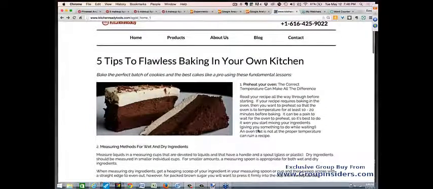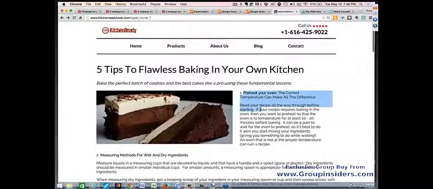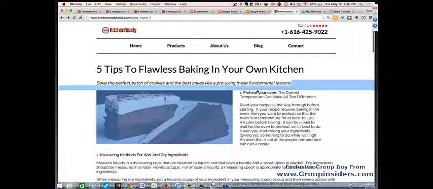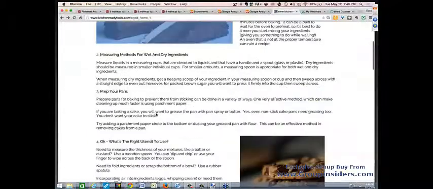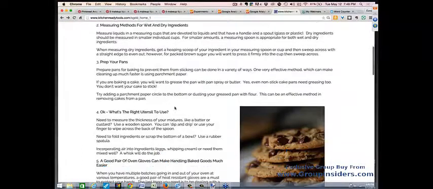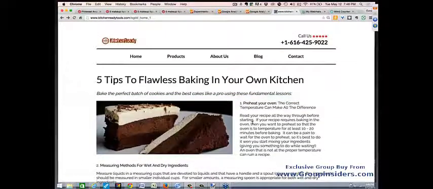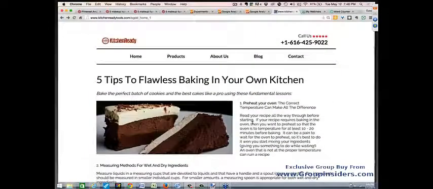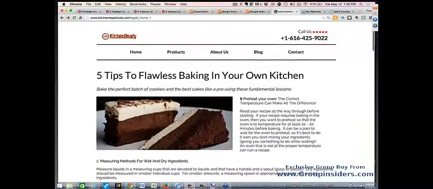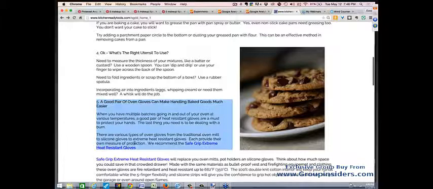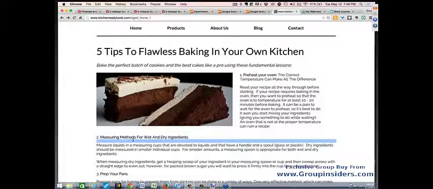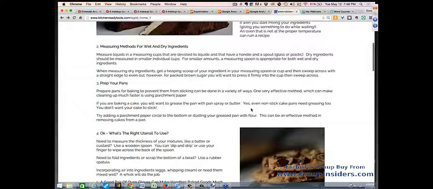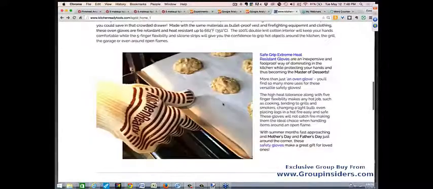Because if you're just saying here's five tips for baking, I don't know how exciting that is to people who actually cook, right? Preheat your oven, measure your foods, prep your pans. I mean, that's like straight up baking 101. So I don't know if this content is exciting enough. You might want to do something like the leading cause of injury to house moms is burned fingers, or what, I don't know. Come out with something a little bit more exciting. And if you're going to use this baking one, that's fine, but you're going to need this way up higher as like number 2 tip, because I don't know that people are going to really get through all this, because it's not the most sort of